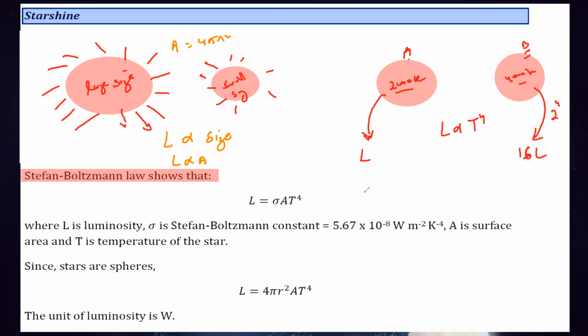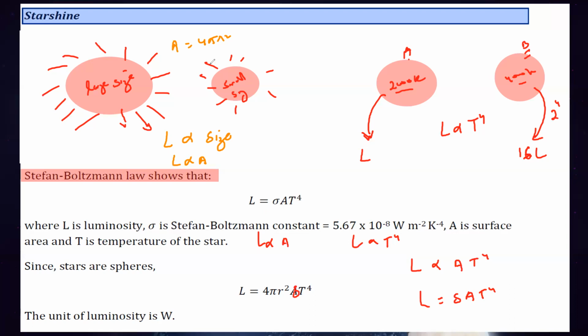So when we combine the two factors, according to Stefan-Boltzmann, the luminosity of the star is proportional to the area of the star, and the luminosity of a star is proportional to temperature raised to power 4. So luminosity is proportional to A times T raised to power 4. And whenever we replace the proportionality sign, we replace it with equals and a constant. So sigma here is a constant, and substituting the area 4 pi r squared, L equals 4 pi r squared sigma T raised to